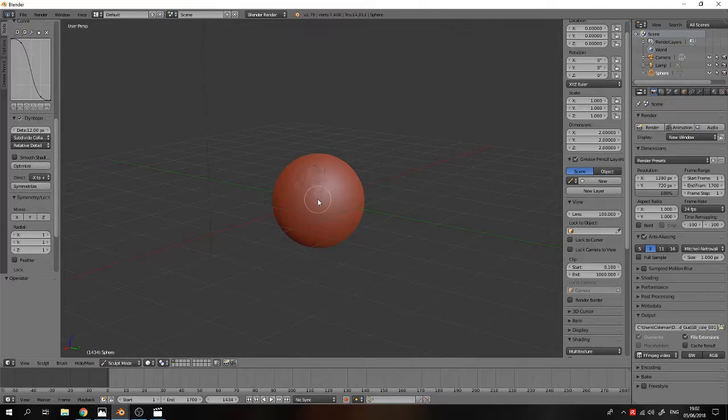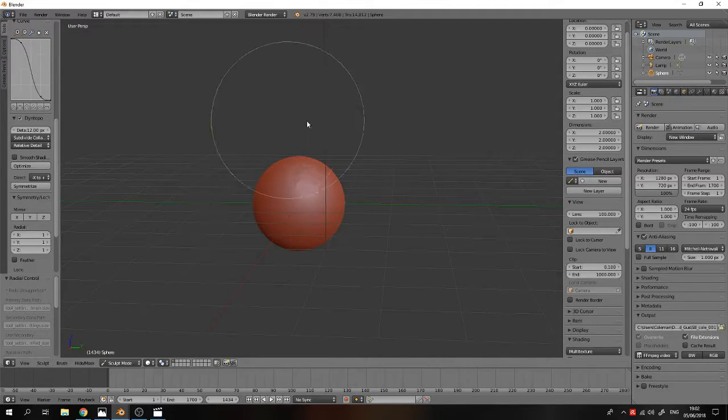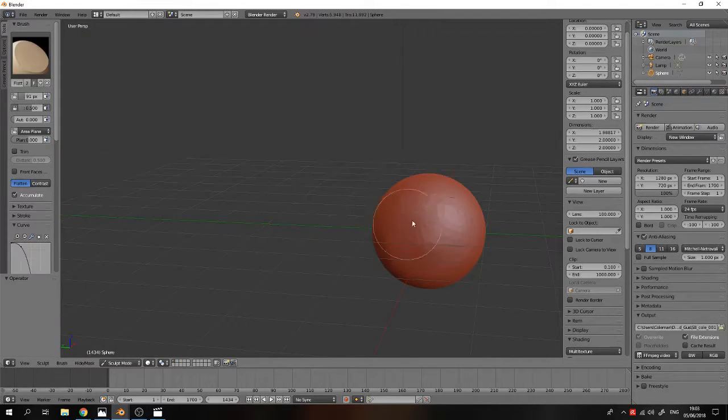So then what I'm going to do is press F to increase the size of the brush, Alt and the pen just to rotate around. Control Alt zooms in and out, and Shift Alt allows me to move around the scene. So I flatten out what I want a little bit, just to get it to look like the side of a head. I'm just going to work from this side